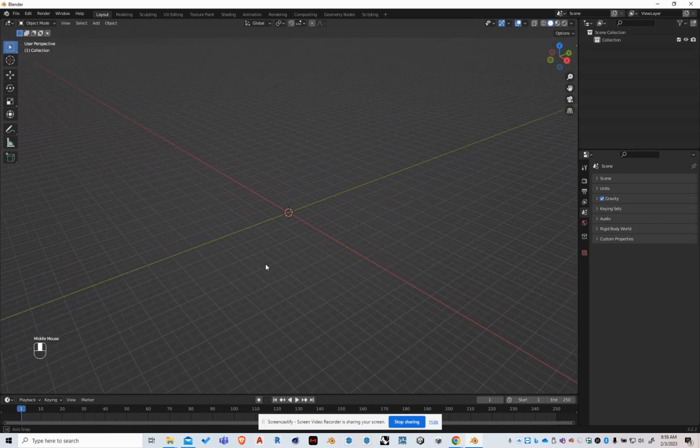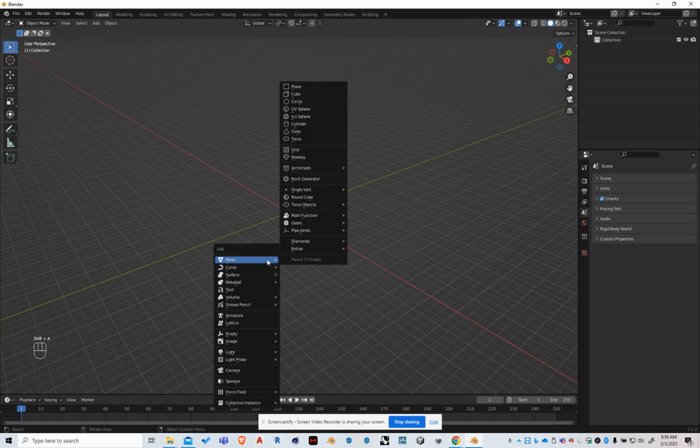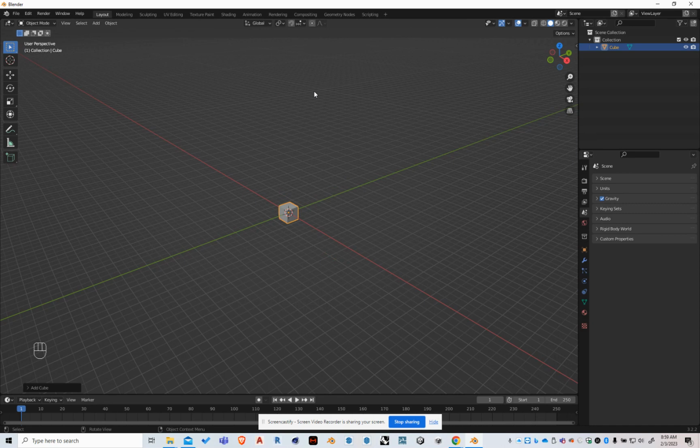Okay, so the video I'm going to make here is just a quick short video on some of the more popular modifiers, specifically the ones that I showed in class. So I'm just going to start with a simple cube. So I'm going to do Shift A and let's just do a cube. Okay, there we go. And I'm going to select that cube